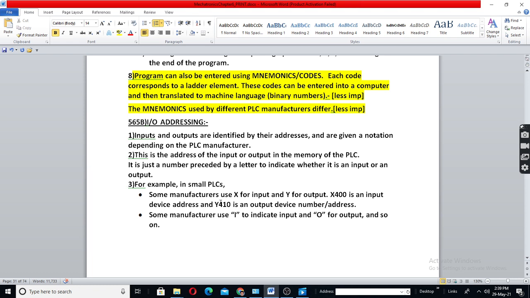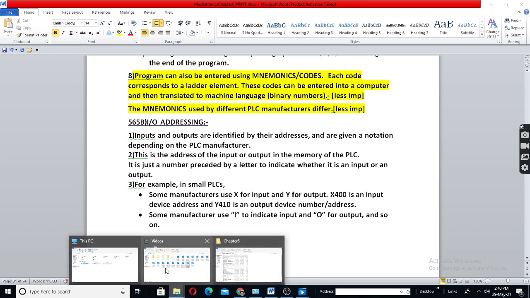Like that, manufacturers use X for input and Y for output. If you write X400, it means it is an input device with address 400. If it is Y410, it means it is an output device with address 410. You can also have X400, Y400. For example,